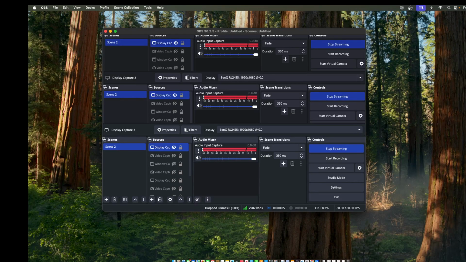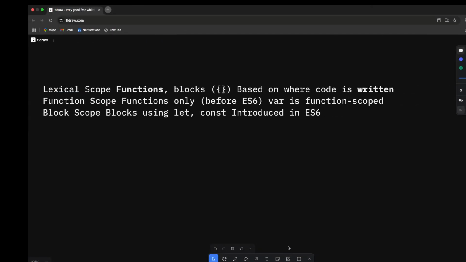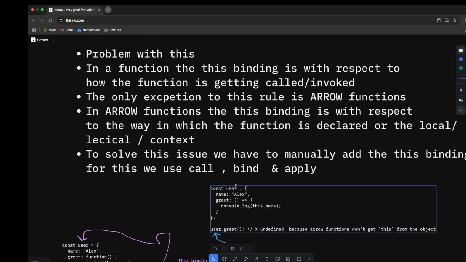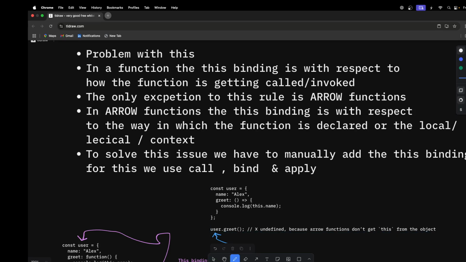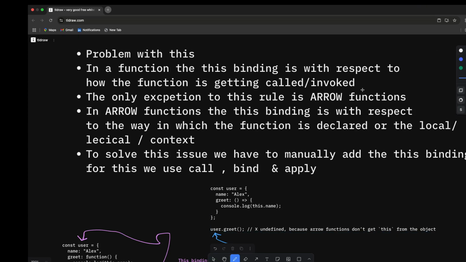So continuing on our journey, today we will be trying to understand how call, bind and apply work, what we need them for and why we need them. So there's a problem with this, right? Now the problem is in a function,